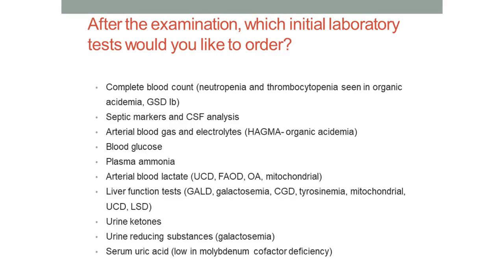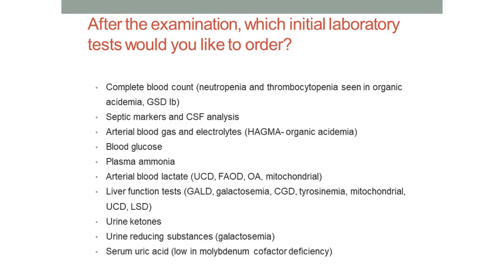Arterial blood gas and electrolytes are mandatory, as there can be high anion gap metabolic acidosis in organic acidemias. Blood glucose has to be checked. Plasma ammonia is important. Arterial blood lactate is important, especially for diagnosis of FAODs and mitochondrial organic acidemias. A liver function test has to be done, especially if we suspect